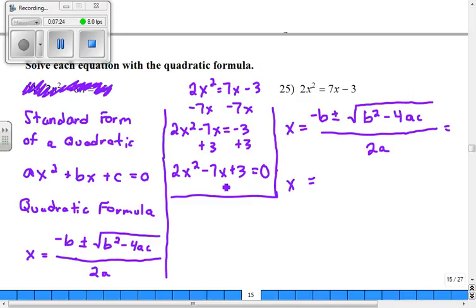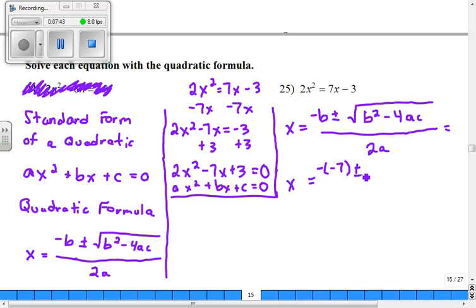So I need to identify what my a, b, and c are. So I've got ax squared plus bx plus c equals 0. Okay, so I'm going to have a negative, and what is my b? Well, in this case, my b is negative 7